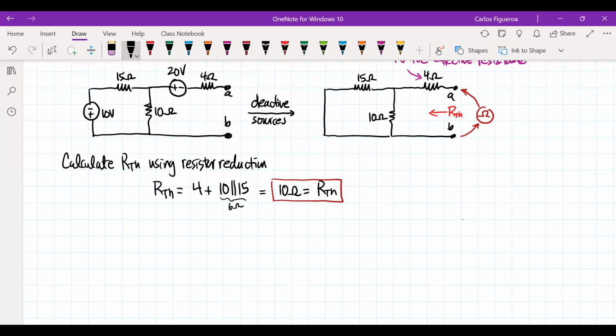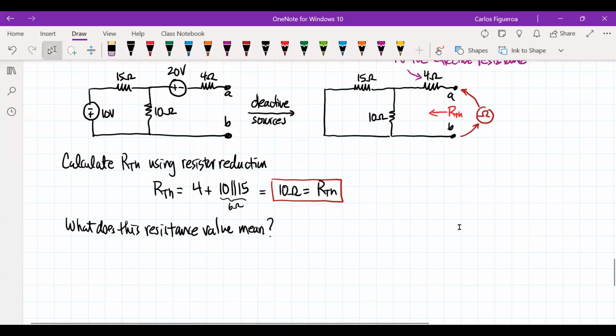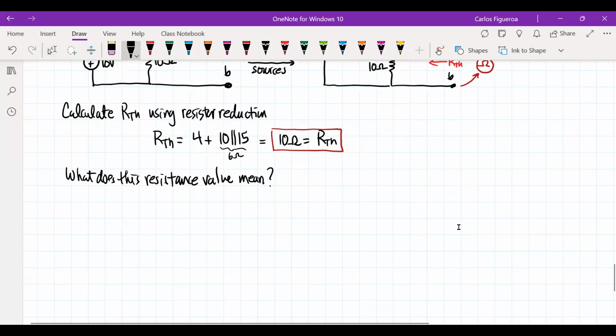So again, as we've already stated, but we should say it again, what does this resistance value mean? Well, what it means here is that when I look at my circuit, it's going to look something like this. So I'm going to have a 15, I'm going to have a 10, then I'm going to have a 4. So when you're looking between A and B,